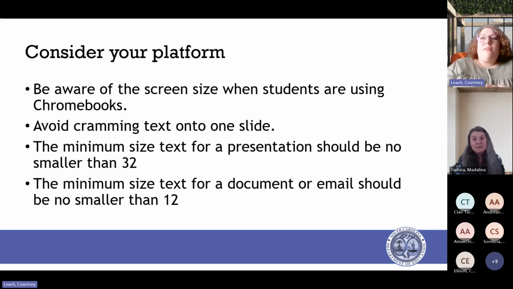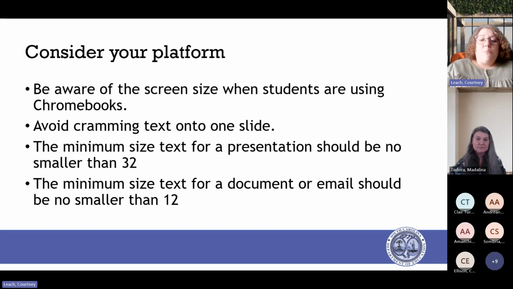So when you are creating your lessons, especially if you're using PowerPoint or slides, be aware of the screen size that students are using. Especially if they're using Chromebooks and you know that those screens are small, avoid cramming too much text onto one slide.